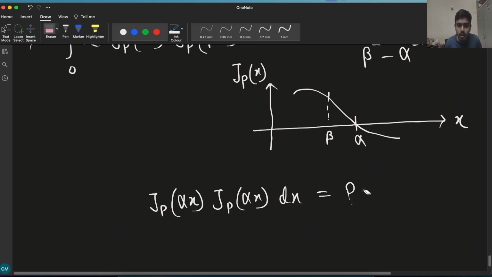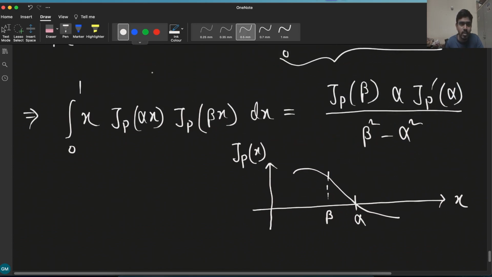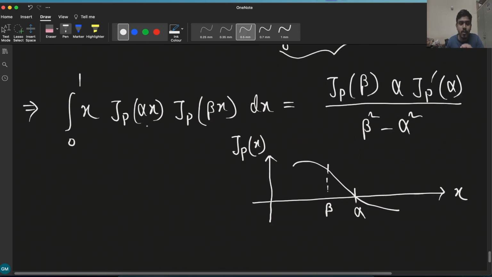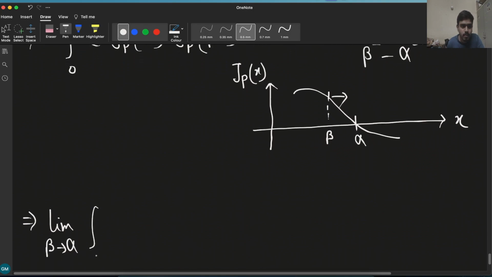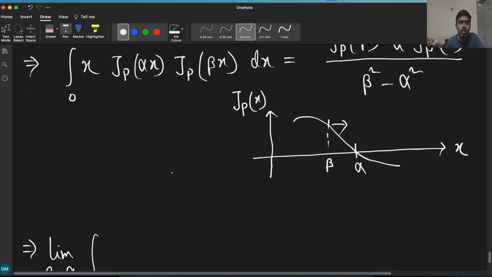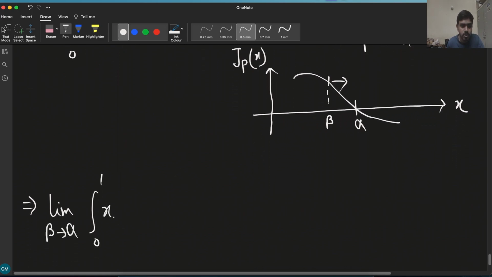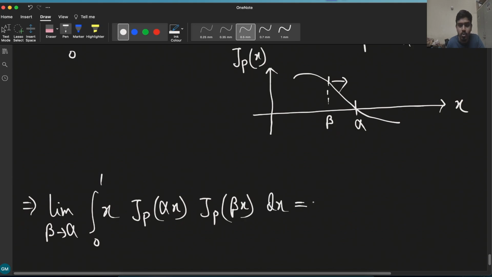So we want to multiply this Jp(alpha x) with itself, Jp(alpha x). For that, in this equation I will consider alpha as a fixed point, and I will move this beta towards alpha. So basically I will take the limit beta tends to alpha on both sides. Integration from 0 to 1 of x Jp(alpha x) times Jp(beta x) dx equals